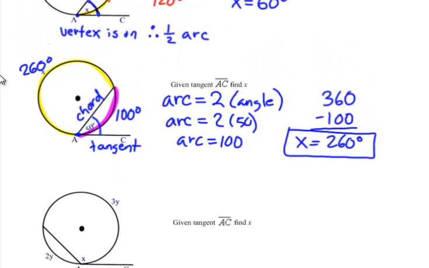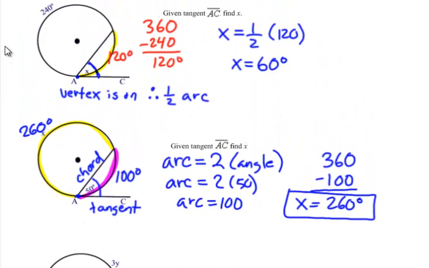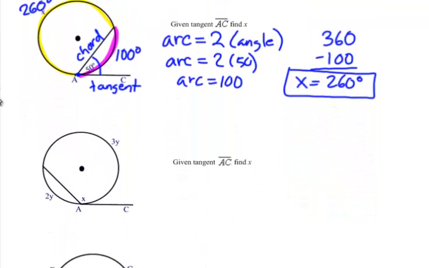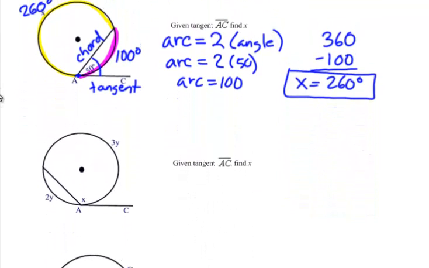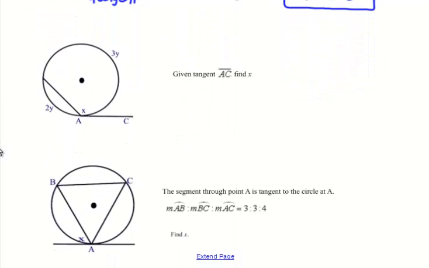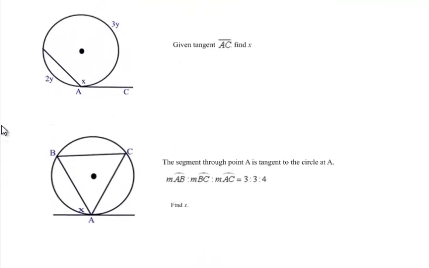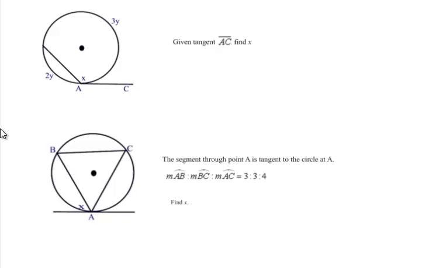So again, if we just compare example 1, in example 1, we had to use the arc to find the angle. So we divided by 2 or multiplied by 1/2. In example 2, we flipped it around, and we want from the angle to the arc. So instead of it getting smaller, we double it, and it gets larger. Now we just have 2 more examples, and they show us a couple of the other things that we're going to need. This one, we are trying to find x, and x